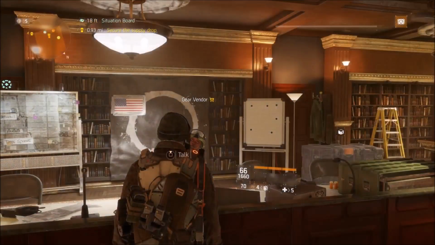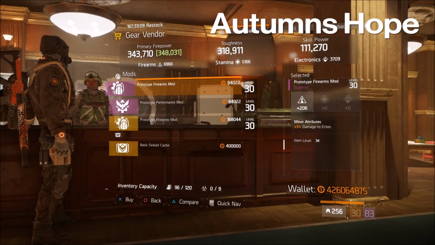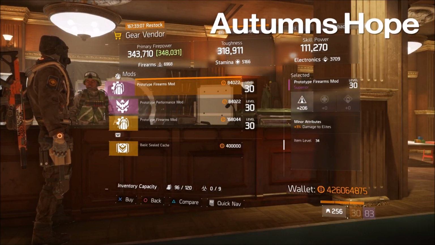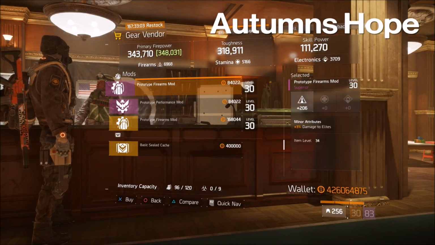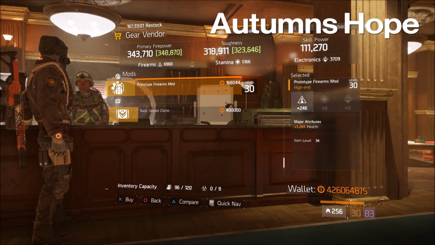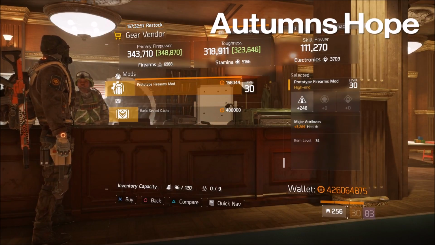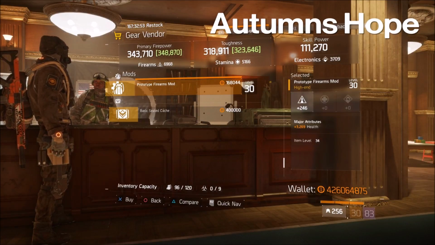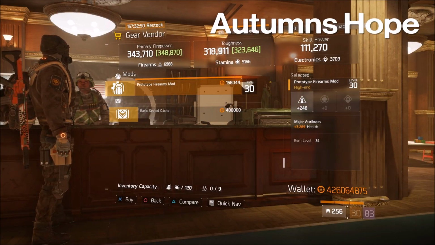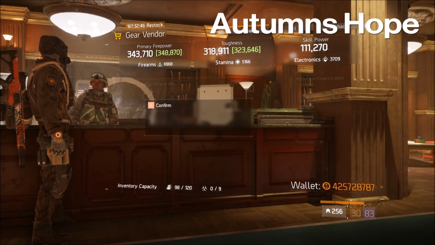We're at Autumn's Hope. This is going to make a lot of people happy that look for mods with damage to elites. We've got one with firearms, 206 and 3% damage to elites. On top of that, another firearms mod, 246 firearms with over 3,000 health. So if you don't have the blueprint or better ones, I would grab a bunch of these and throw them on your character. I actually might just grab a few myself, even though I've got tons, but over 3,000 health,